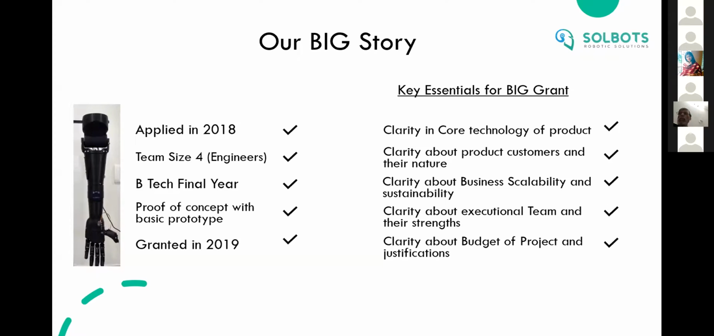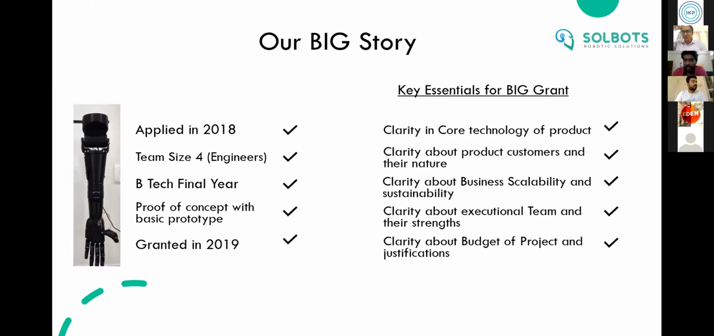So that really helped us in getting the grant in 2019. So these are the few key points that we considered that played a major role in getting a BIG grant. One needs to have a very clear vision about the technology in detail, because the second round of application, the screening process, has a technical round where you need to mention clear details about the technology,